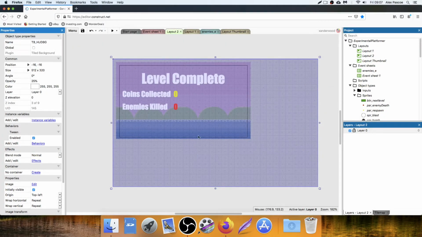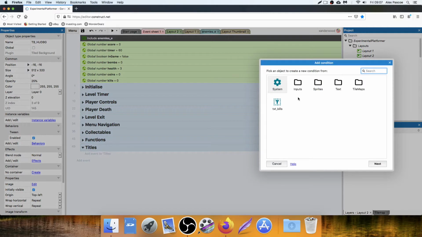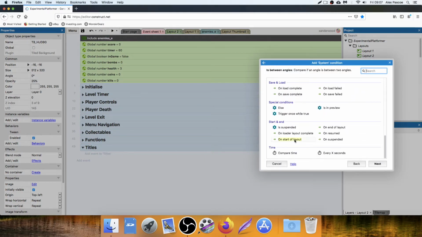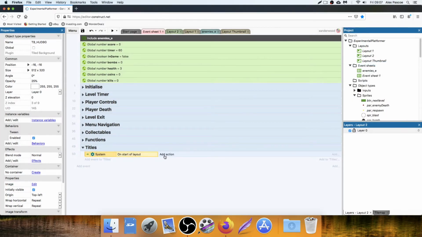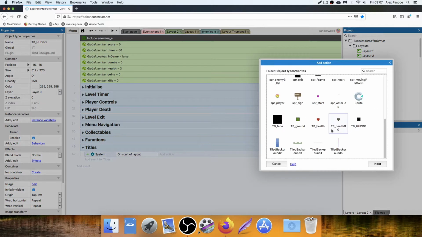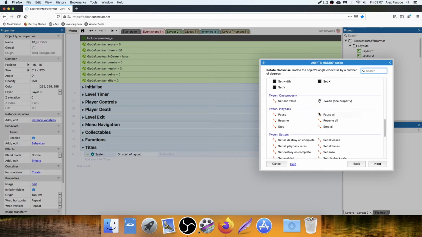There it is. So we're going to tween it. When this layout starts, this is going to slowly tween up to the left and down. So back to the event sheet. We're going to say system, on start of layout. I'm going to add an action. We're going to go into sprites. I'm going to find the tile background, HUD background. That's a lot to say. We're going to tween